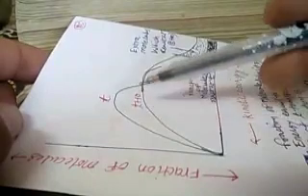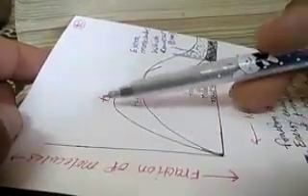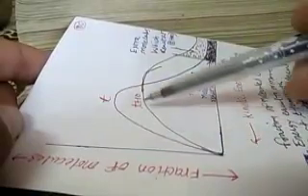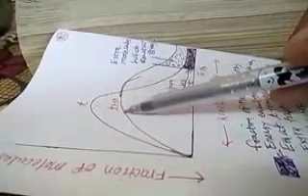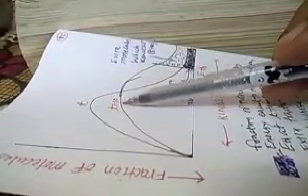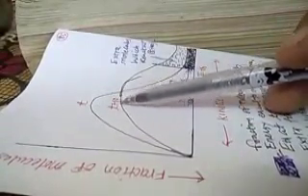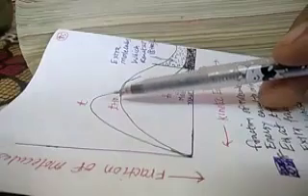This is the curve for temperature T, and this is the curve for temperature T plus 10. So here what do we do? We take the same reaction, first at temperature T, and then we make the temperature T plus 10. So ultimately we increase the temperature by 10 degrees.